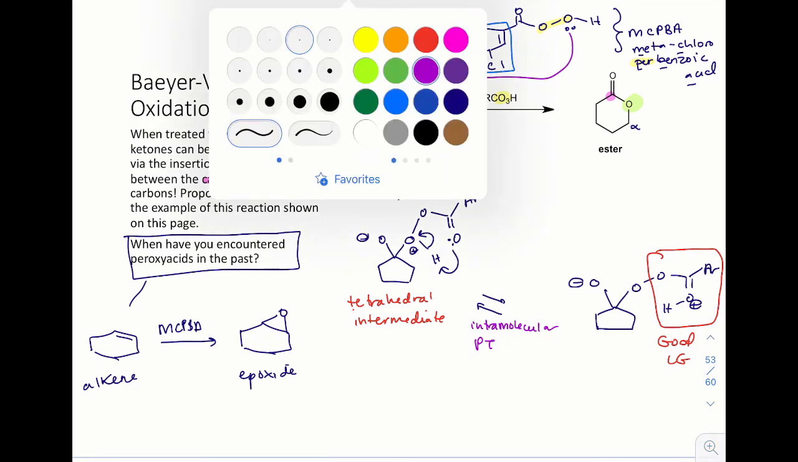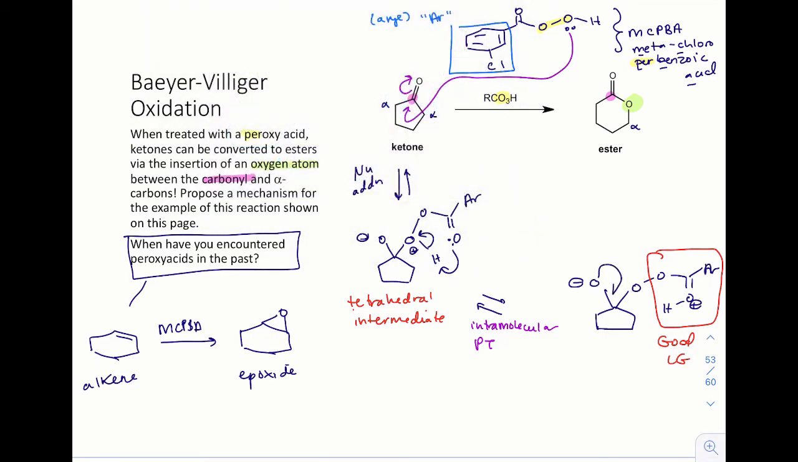Now, collapse of the tetrahedral intermediate can occur, lone pair push. However, instead of this bond breaking, this is pretty cool, it's about to happen. Instead of this bond breaking, which usually is what happens, right? Lone pair push, X leaves. So instead of that